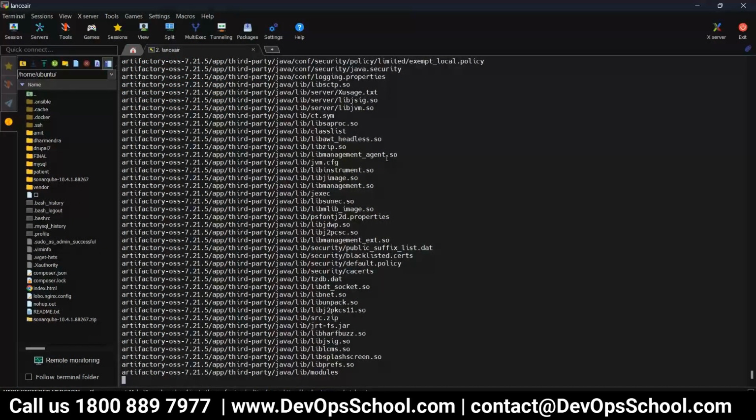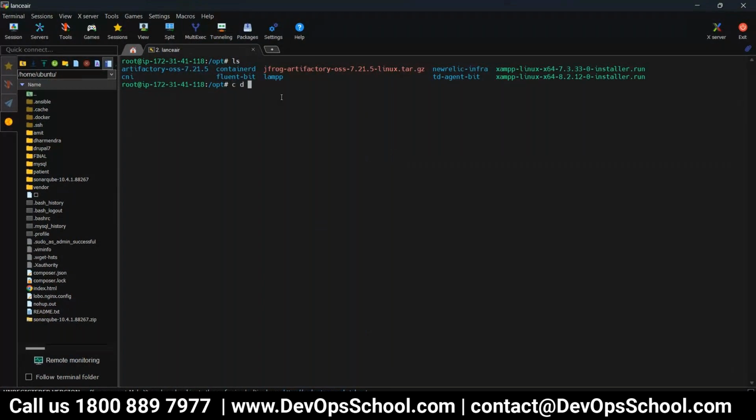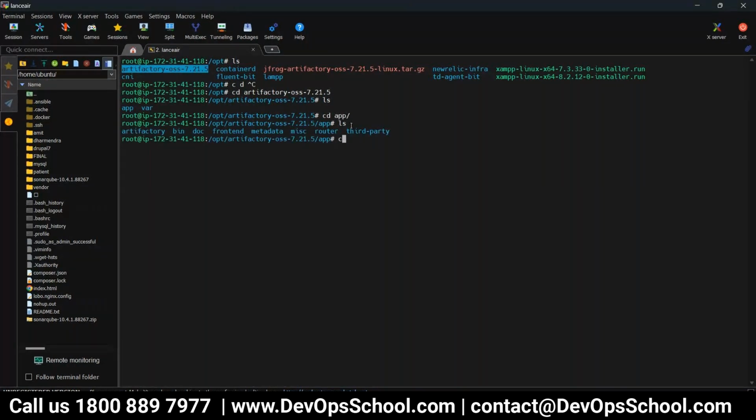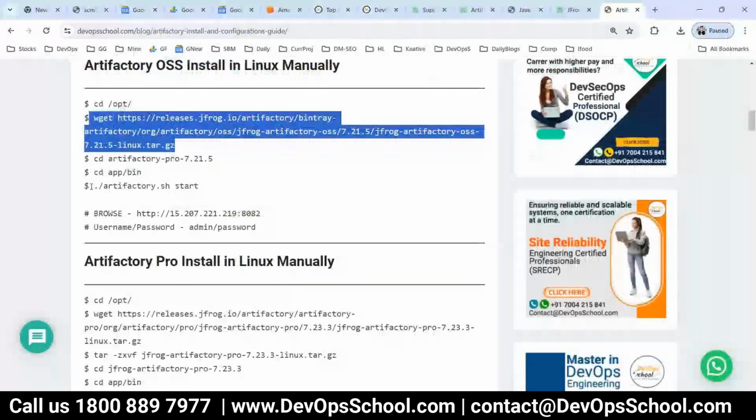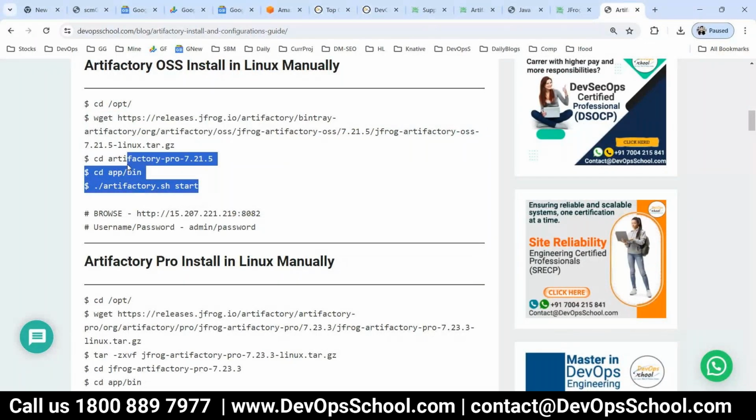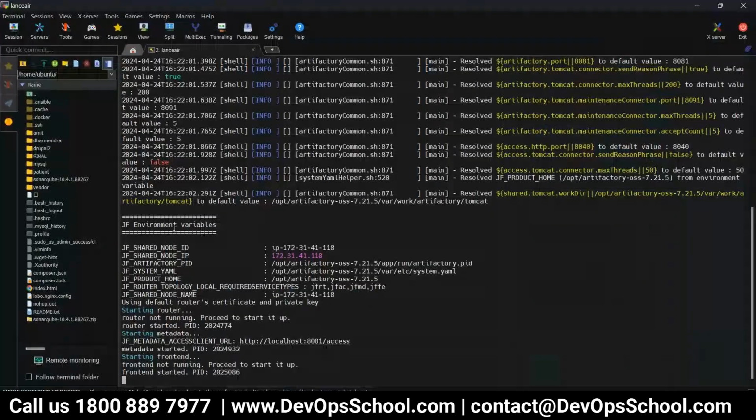And now I'm going inside this folder, see this one, under the app folder, under the bin folder, and there's one file which is called artifactory.sh, which you see over there. And here, start. These are all commands, though I remember them, but here you have it. So you can run this. Now, if I see the status,